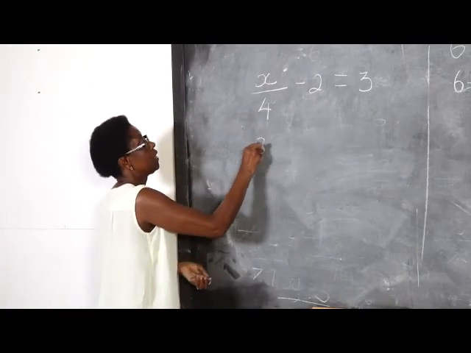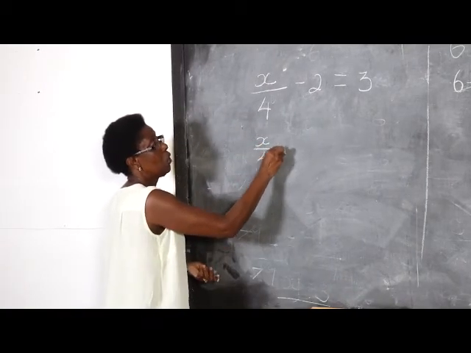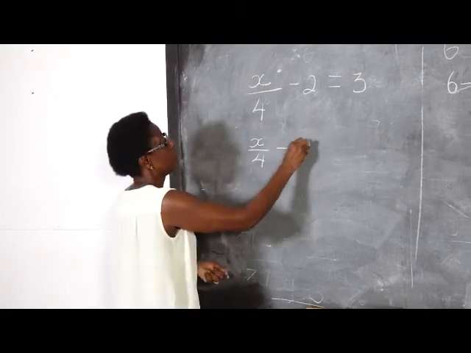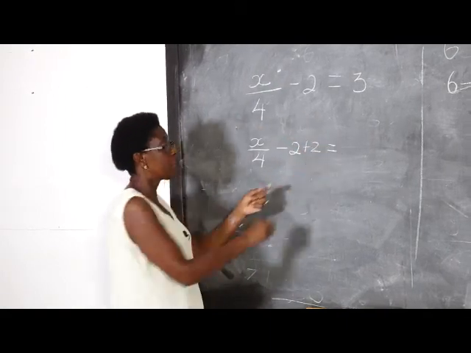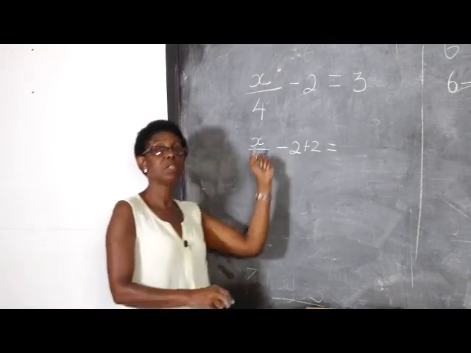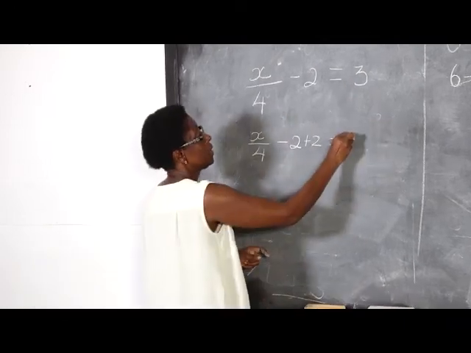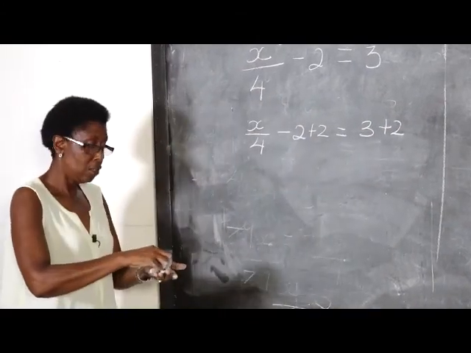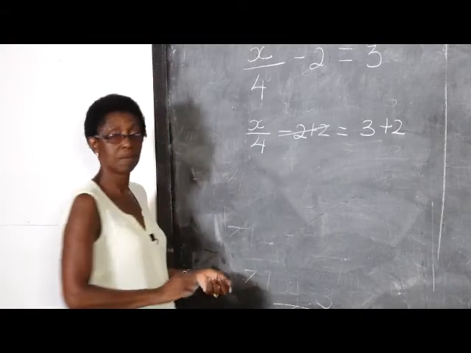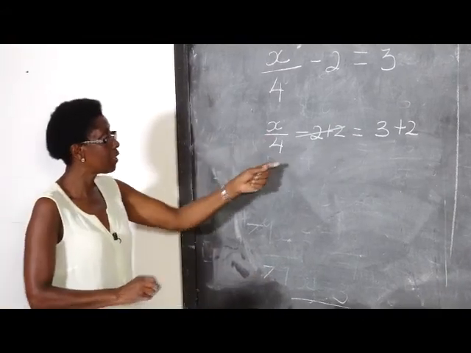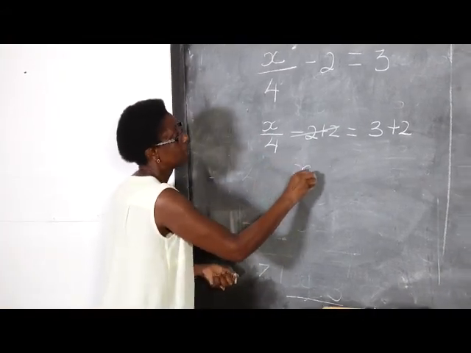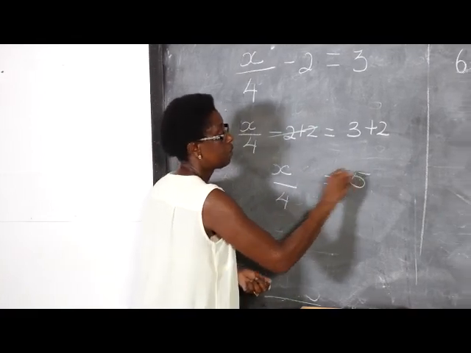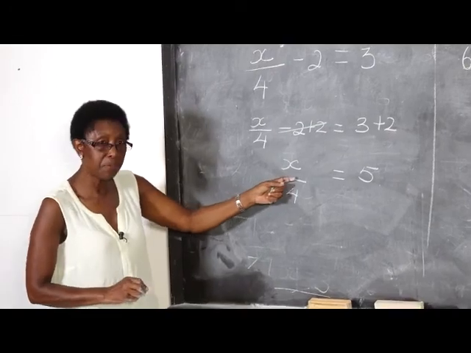So I've got x over 4 minus 2. The inverse of minus 2 would be the plus 2. Whatever I do to the left-hand side must be done to the right-hand side. So I've got 3 plus 2. Okay? So this 2 goes. Now what have I got? I've got x over 4 equals to 5. Now I've got divide by